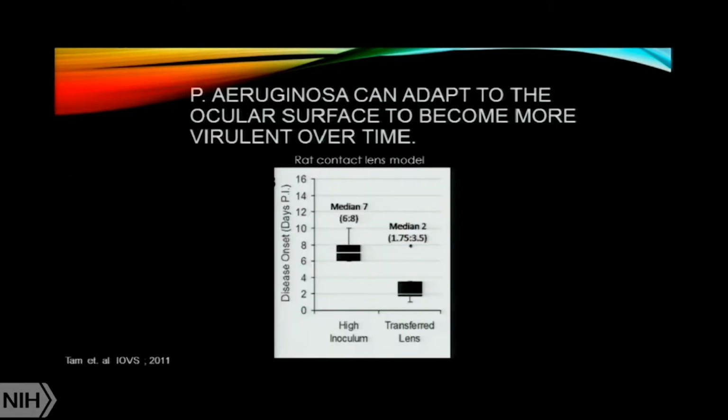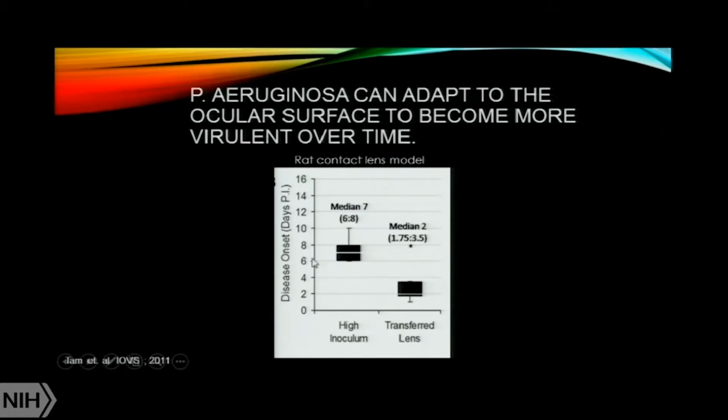Slide. P. aeruginosa can adapt to the ocular surface to become more virulent over time. Chart showing rat contact lens model. Source, Tam et al., IOVS 2011. Now, to make matters worse, they've discovered that Pseudomonas adapts to the ocular surface over time to become even more virulent. So they've taken normal rats, done nothing to their eyes whatsoever, not abraded them, not scratched them or anything, and infected contact lenses with Pseudomonas. And they put the contact lenses on the rats, and in a median of about 7 days, all the rats